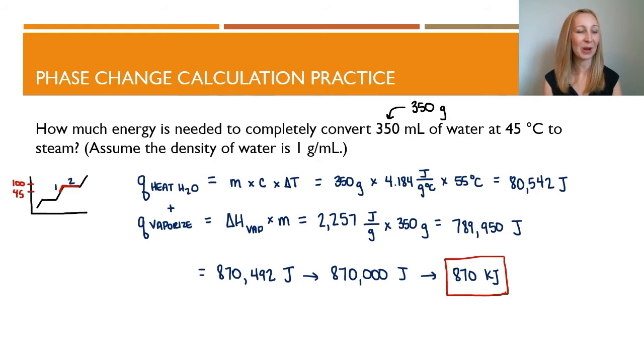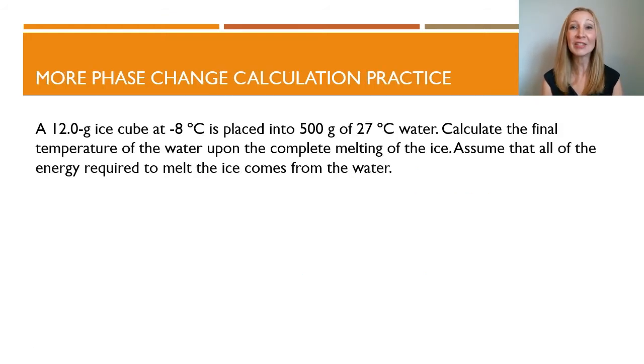Let's try another practice problem. This one's a little bit trickier. We have a 12.0 gram ice cube, and it's at -8 degrees Celsius. It's placed into 500 grams of water at 27 degrees Celsius. What we want to do is calculate the final temperature of the water once the ice is completely melted. And we're going to assume the water gives that ice all the energy that it needs to completely